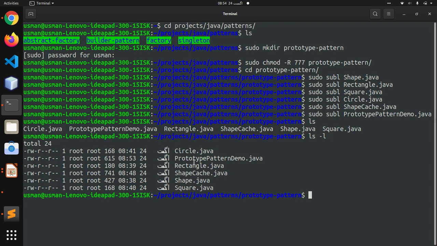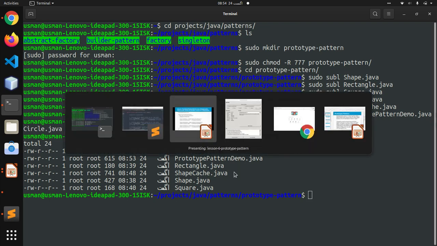And the last one, where we will be verifying our application structure and cache, is the PrototypePatternDemo. Within this class we will be fetching our objects that we stored in ShapeCache and printing out to the terminal just to verify our execution.